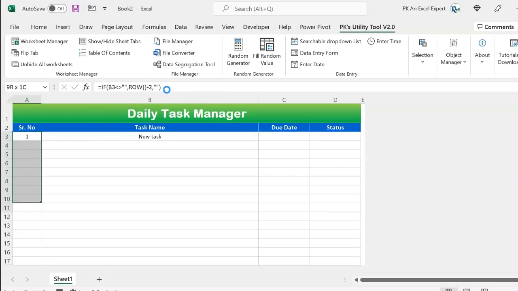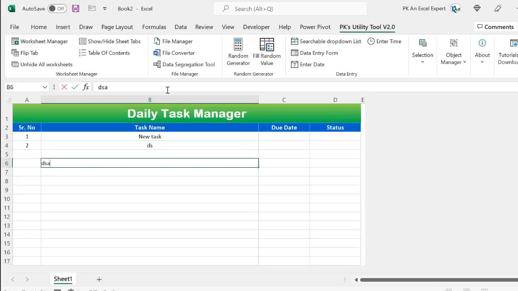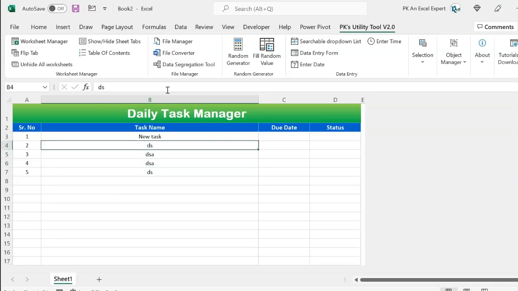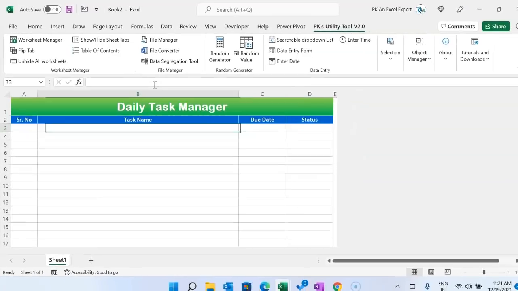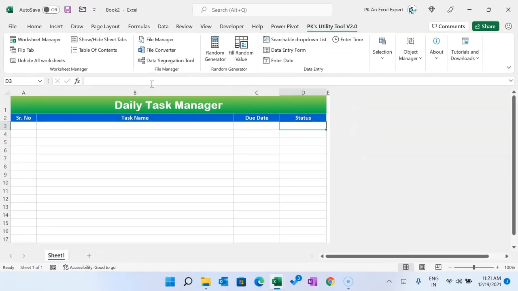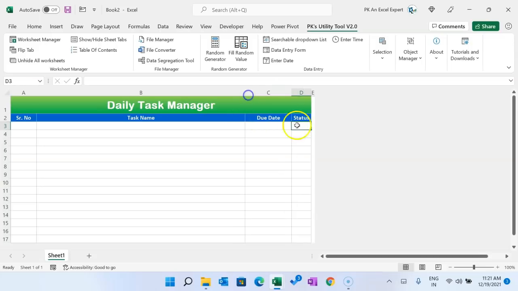So we can fill this down till the end. Press Ctrl D to fill this down. So it is filled. As we add a task, it will show the row number, otherwise it will not show the row number. Alright. Now once we enter the row number, it should display the checkbox here. So we can make this particular column slightly smaller, because here we will display only the checkbox.